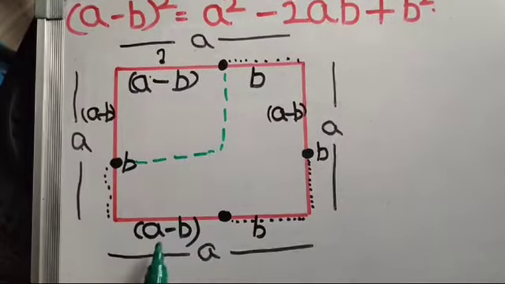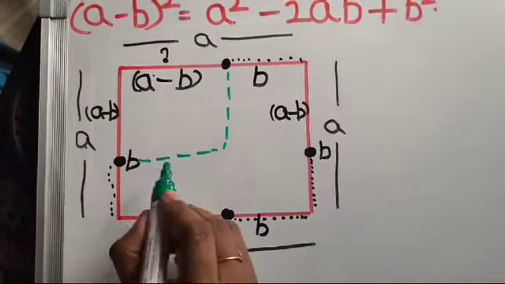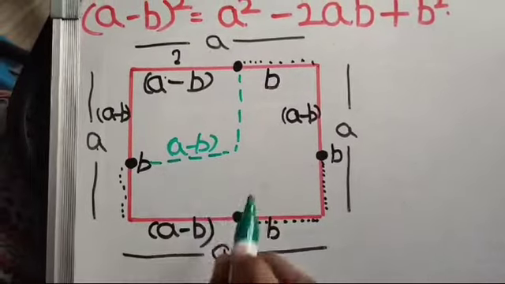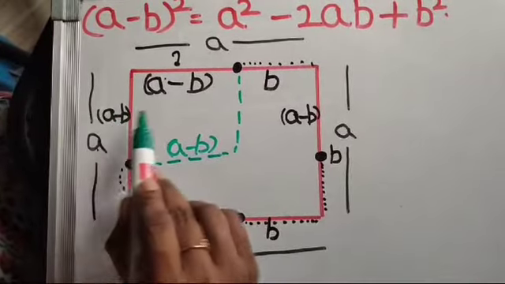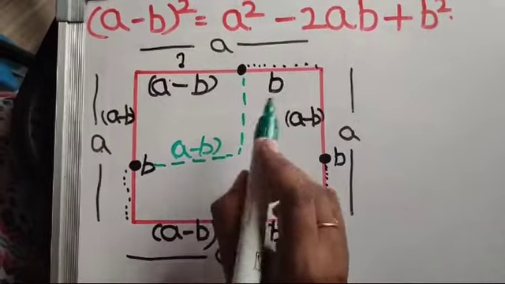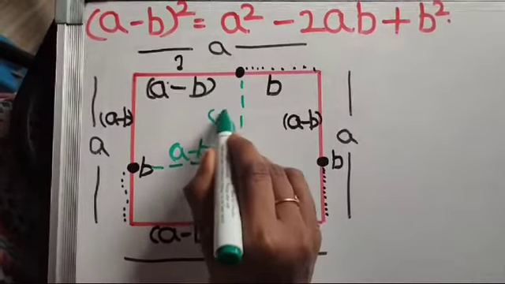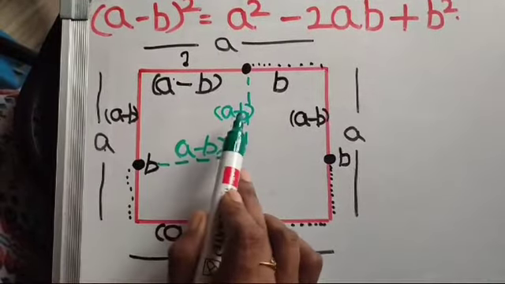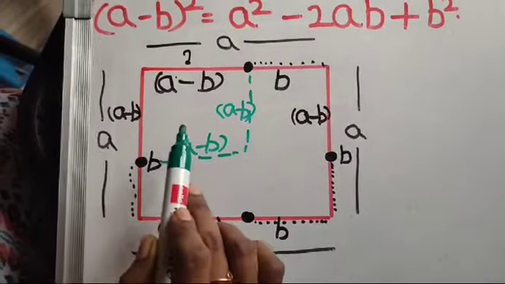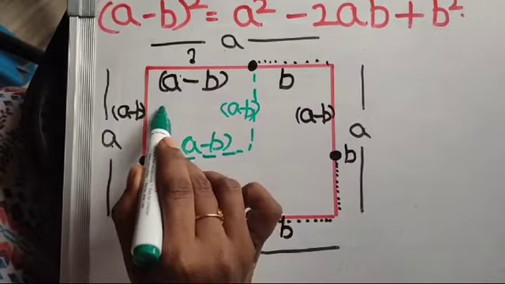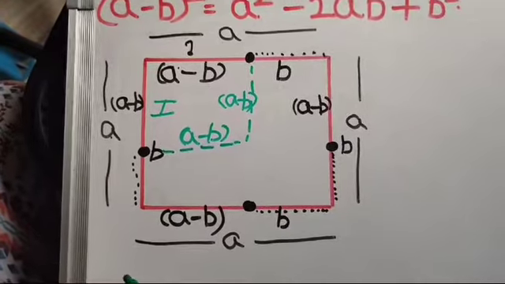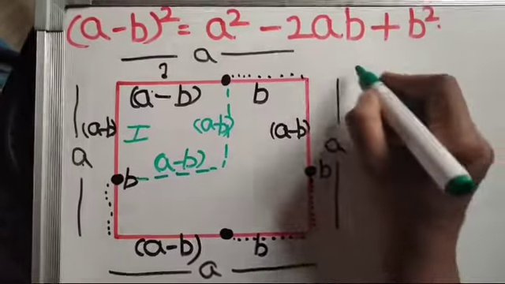To find the area of the square, what do we have to use? We have to use the area of a square formula. So here we are writing the remaining sides also. In the square, all sides are equal. A minus B is the side length. So write the remaining also as A minus B and A minus B. Now we have to find this area and I am naming it as 1. You can also name it according to your convenience.